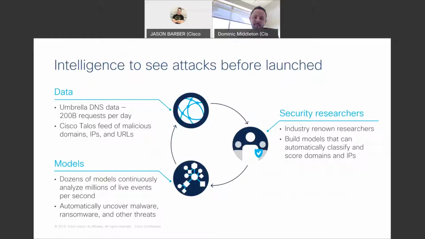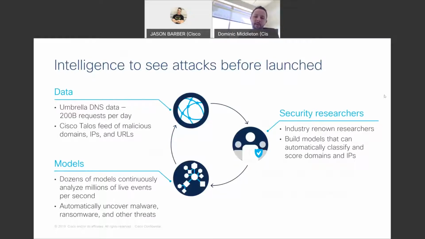Again, hitting on some of the intelligence here, tons of visibility into the overall network, or the overall internet, I should say. We see about 4 to 5% of the actual internet. And we see just a ton of traffic coming and going, tons of different emails, tons of different threats that are bouncing back and forth across the globe.